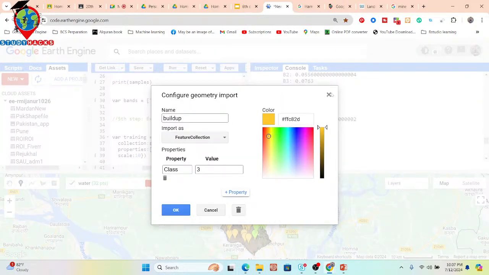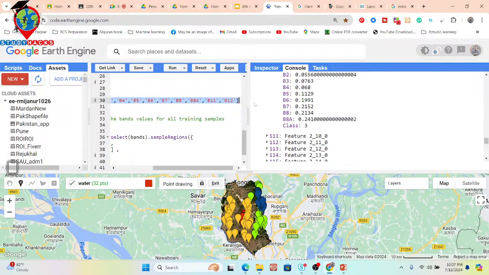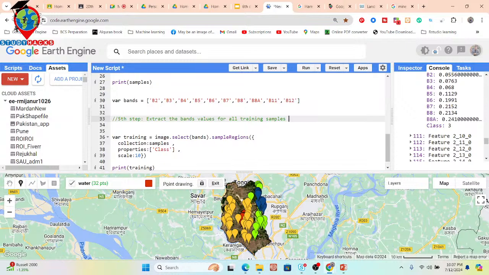So now we can get the pre-categorized data, and we also make the spectral signature for all of the training samples using all of the bands. In this model we are keeping only the internal bands. This type of band is already available in your satellite imagery, but to improve our accuracy, we also need